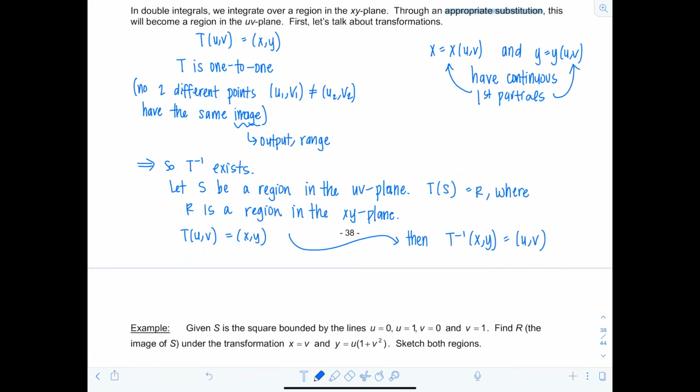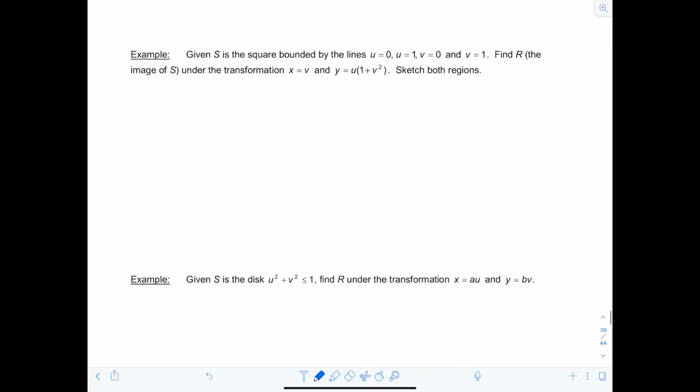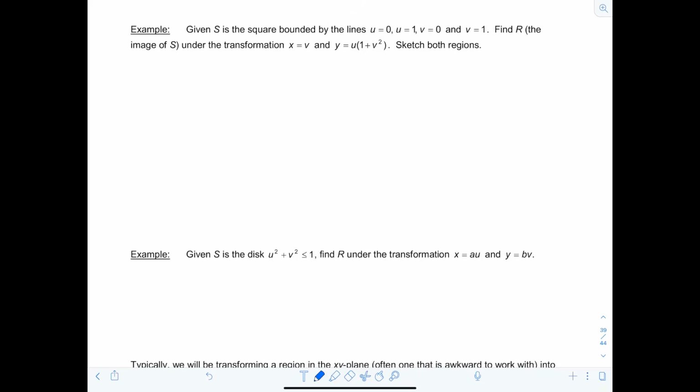All right, good stuff. So let's see exactly how this would work, just generally speaking, and then we'll look at applying it to integration. Okay, one step at a time. So here's our first example. Given S is the square bounded by the lines u equals 0, u equals 1, v equals 0, and v equals 1, find R, which is the image of S under the following transformation. x is equal to v, and y is equal to u times (1 plus v squared), and then sketch both